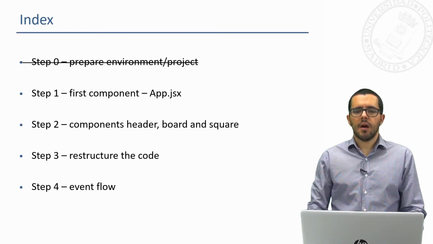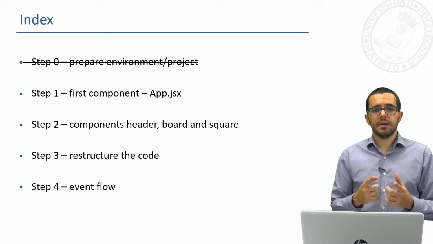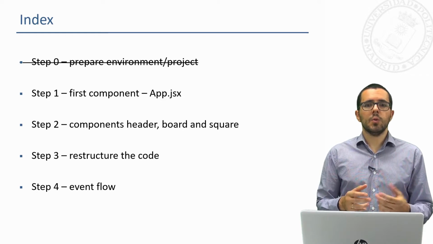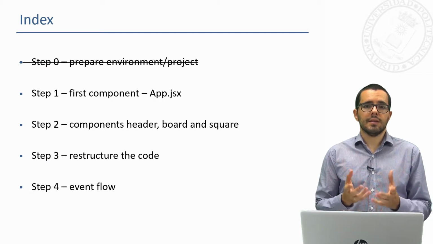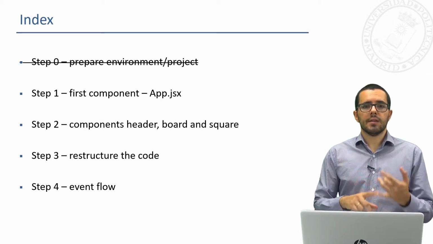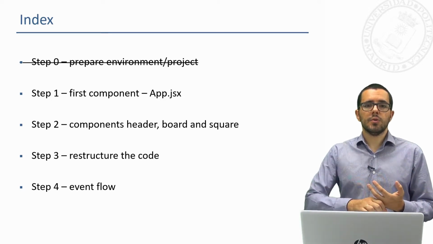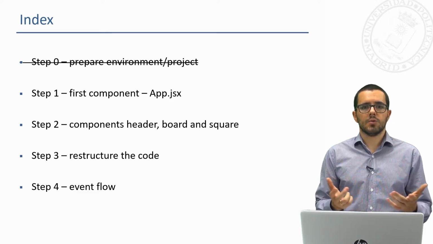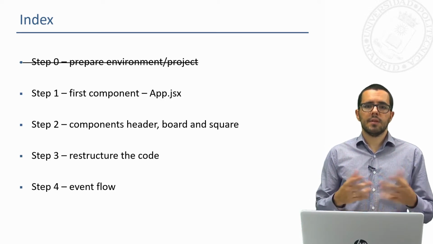Once we have prepared our environment, we have to start coding our first component. But before we start, we have to define the application state. And for tic-tac-toe, what do we need to remember? What is the state of the application? Well, the state, at least in the beginning, only contains the values of the board and the turn. Whose turn is it? In the future, maybe it will grow, and it will contain the number of movements, the winner, and so on. But for now, we only need that data, and we can represent that data differently.